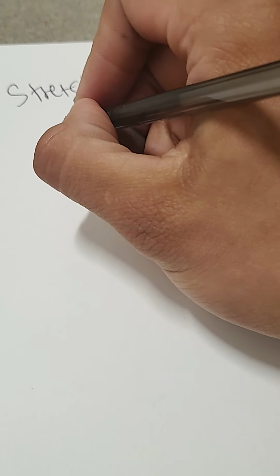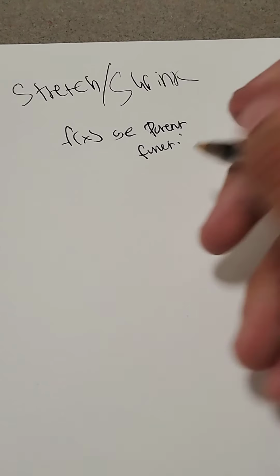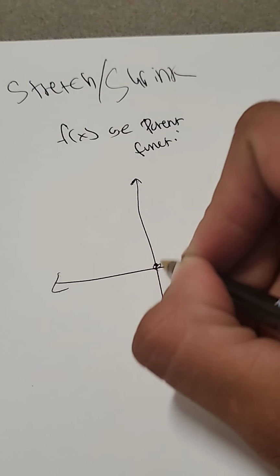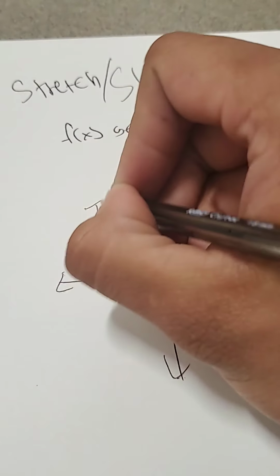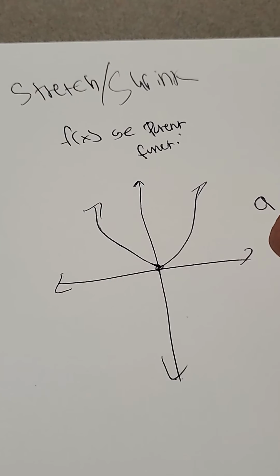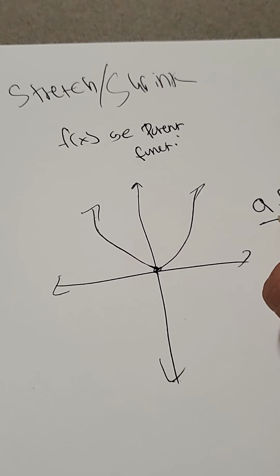Once again, let f of x be the parent function. And so we're going to go back to our parabola. If we have any constant multiplied by f of x, this constant shrinks